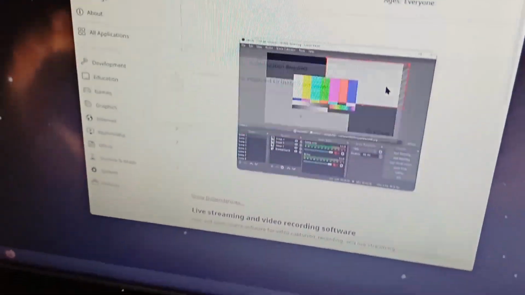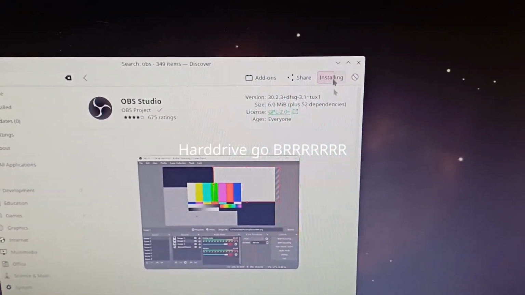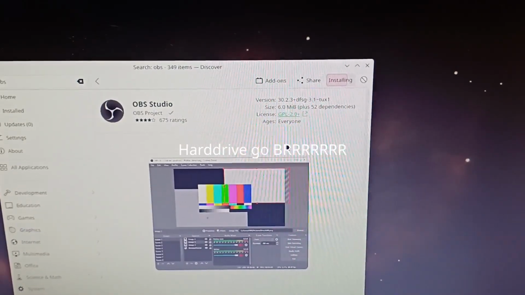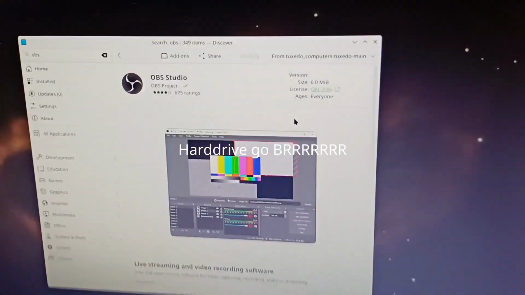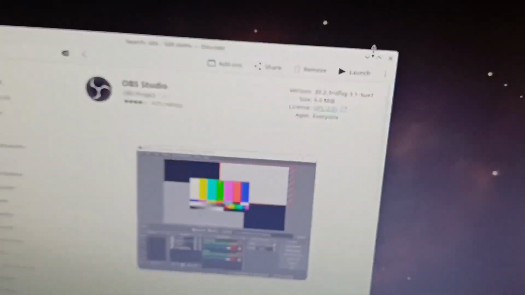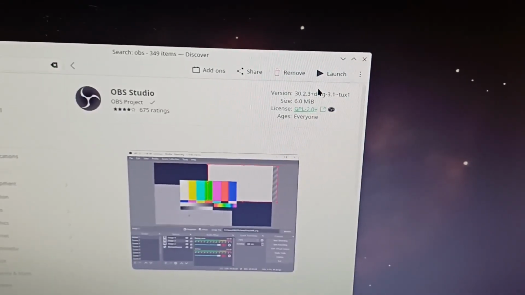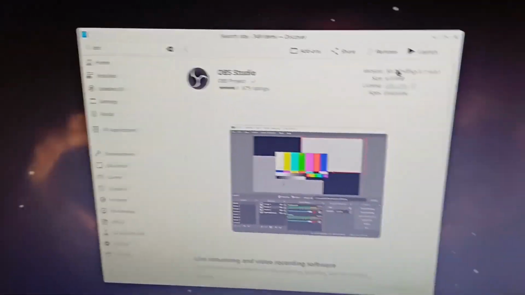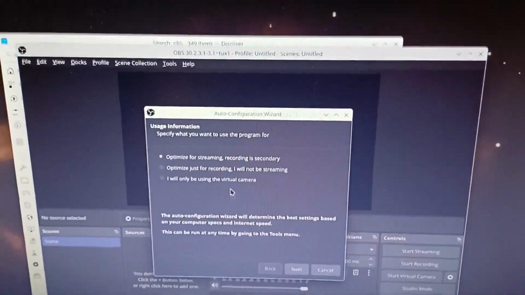You're going to want your password for security reasons. Alright, there we go. Now we can go ahead and launch OBS. And blam, we've got OBS right here.